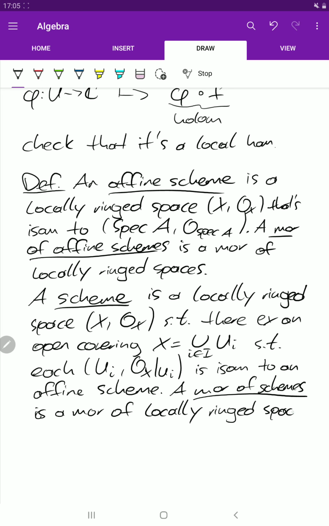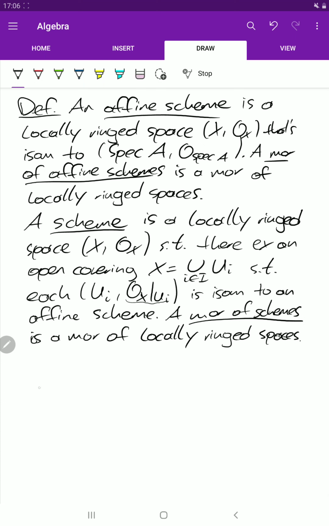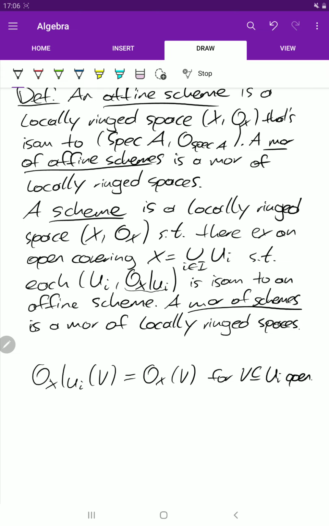And in case I haven't told you what this means, this means just O_X restricted to U_i of V is just O_X of V for V a subset of U_i open. So if it's open in U_i, it's also open in X, and so that's the restriction. Just as a small aside if I haven't mentioned this before.